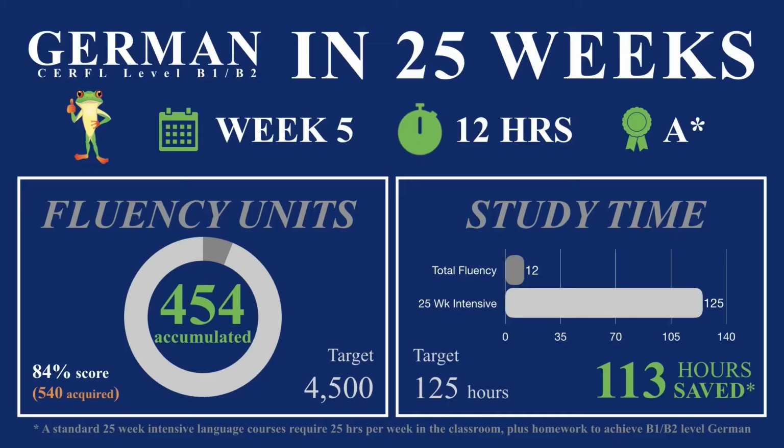It's the end of week 5, so I've learned another 3 hours of German this week, which brings me to a grand total of 12 hours over the 5-week period that I've been studying. And if we compare that to the students who would be attending an intensive course, they've done over 125 hours of study, so I've saved over 100 hours of study already. I've accumulated just over 450 fluency units, so that means I've met my 10% marker now for the 4,500 target